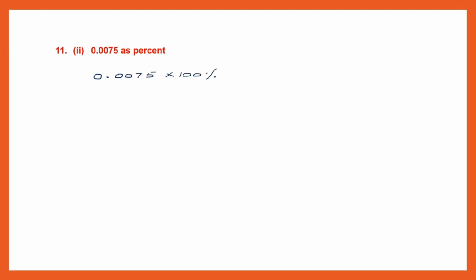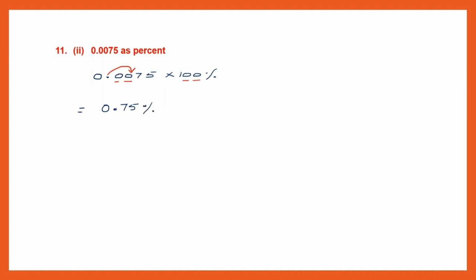Now we know multiplication of decimal numbers by 100. Since there are two zeros, the point will move two places to the right. That means it will move from here to here and it's going to come here. So now the point is there. What is our answer? If I put the point alone, 0.75. Since there's no other number other than 0, I put only one 0. So my answer is